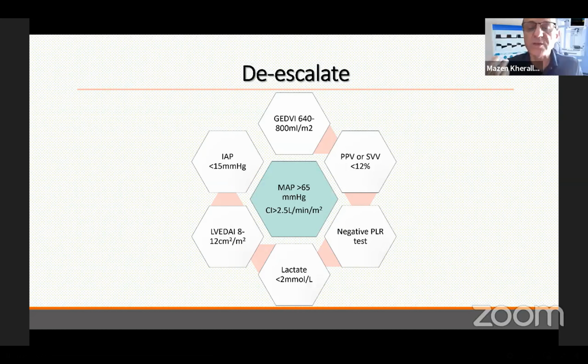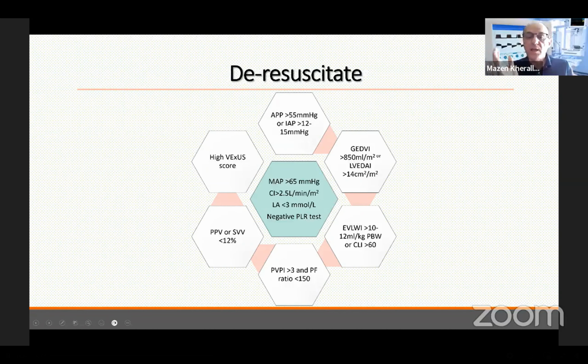Now we start to de-escalate once you achieve those targets in a way that they do not show hypovolemia. And you can see the numbers that will indicate that the patient has enough fluid. And once those numbers start to go the other direction, at that time you would say, well, I need to resuscitate. The blood pressure could be normal, lactic acid less than 3, and negative passive leg raising. At that time, you measure the abdominal perfusion or the intra-abdominal pressure. If it is more than 12 or 15 centimeters of water, you start thinking that maybe I'm giving too much fluid here. If the global end-diastolic volume is now more than 850, or the left ventricular end-diastolic index is more than 14 centimeters per meter, or the extravascular lung water index is more than 10 at that time, or